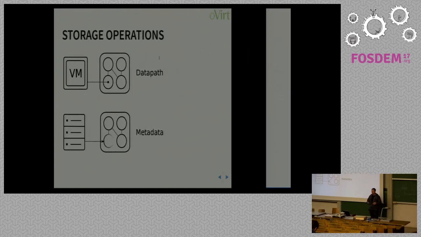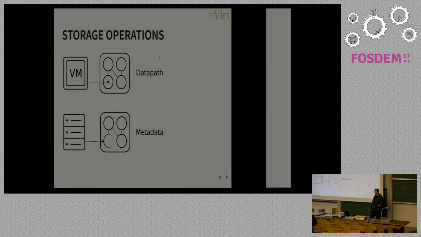So in oVirt, we have basically storage operations occurring, which can be classified into two main groups. The first one are metadata operations. These really change the shape of the storage, I like to think of, so adding and removing volumes from the system. If you were here last year in this room, I gave a presentation on how we could manage in a resilient manner these type of operations by using garbage collection and storage transactions. Today I'm going to focus on the data path operations, which are the other type. These are kind of the main operations that are occurring in a steady state oVirt environment.